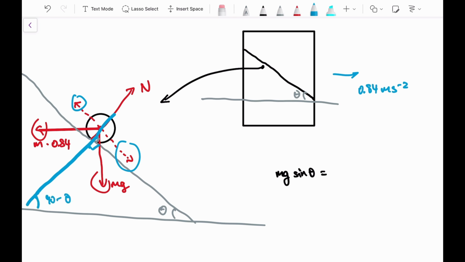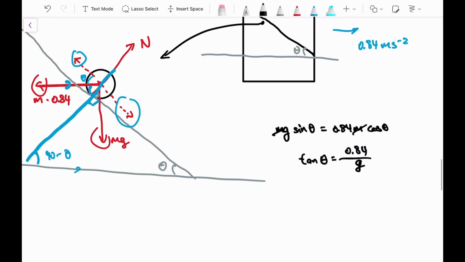This angle is 90 minus theta, and these two are parallel, so therefore this is simply theta. Okay, so the other one will be 0.84 m times cosine of theta. Then we can cancel out the m's, and it becomes tan of theta is equal to 0.84 over g. So therefore theta is equal to